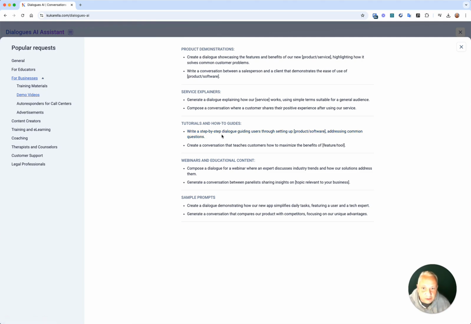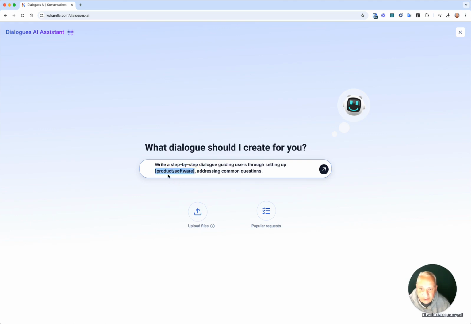In this prompt, we just replace this placeholder with your custom one, let's say, what product or software? Let's say Gmail. And yeah, after that you can click prompt, or maybe you want to use some documents